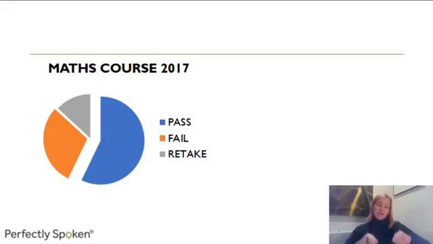The orange means fail, and the light purple means you have to retake. That means do the exam again. For example, if you get 45%, maybe you can do the exam again. Right, now I'm going to put some sentences here on the screen. I want you to look at the sentences and decide if they are true or false related to this chart. Okay, so have a look here.